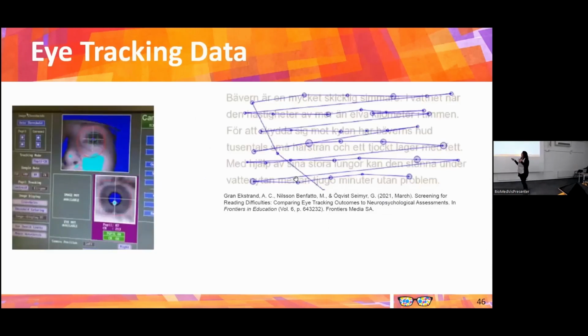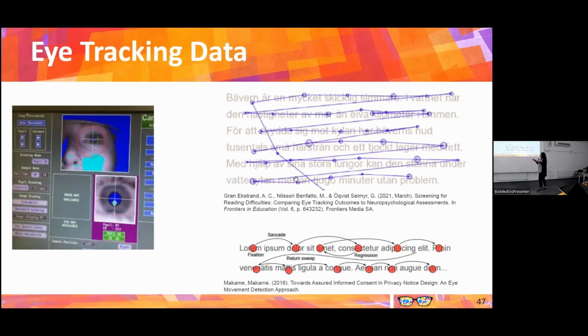Well, here is a screenshot of the eye tracking device. And the thing is, when you are reading, you are doing fixations. Fixations are these locations where the reader pays the most attention and stays there for a while. And then you have saccades. Saccades are the transitions between these fixations. If you can track the fixations and the saccades, you can track the path that the reader follows when he's reading something.